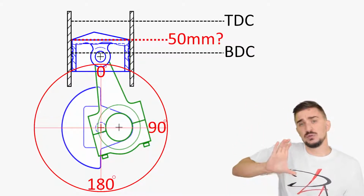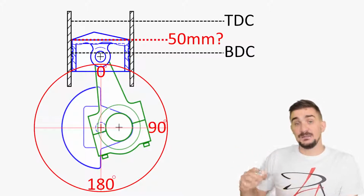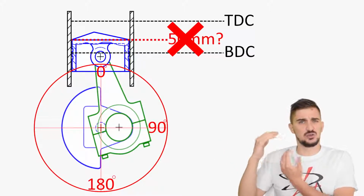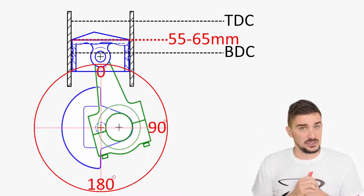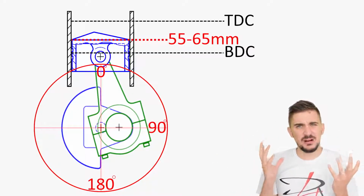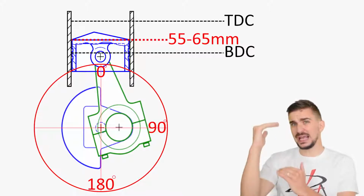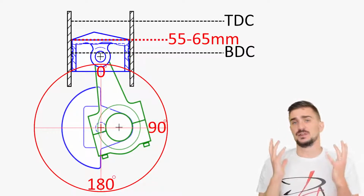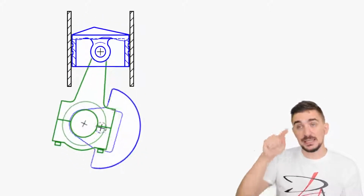Well, if we actually rotate the crankshaft to 90 degrees on any reciprocating piston engine, we're going to find out that the piston has actually covered more than half of the stroke. In our case, if the stroke is 100 millimeters, it's usually going to be somewhere between 55 or maybe 65 millimeters. So why is this happening? It doesn't seem logical. If the crankshaft is at half of the stroke, the piston should also be at half of the stroke. Why does the piston cover more than half of the stroke during the first 90 degrees of the crankshaft's rotation? Well, the culprit behind that is the connecting rod, because it moves in this complicated pattern of